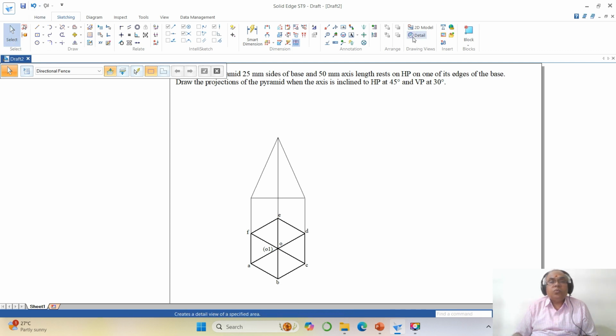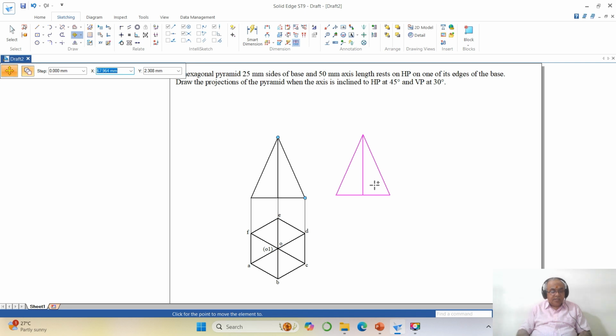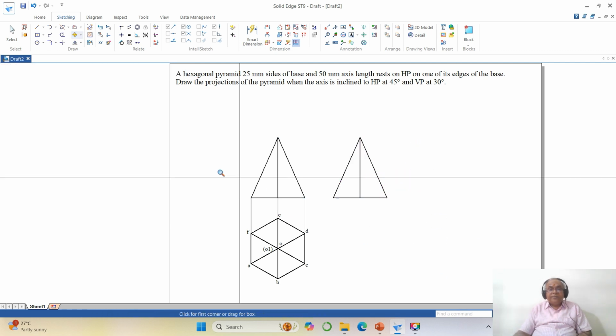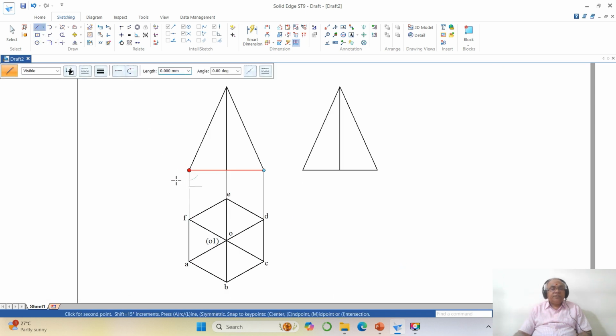Now you go to group, take group command, select this line, this line, this line and this line, accept. Now you go to select this entire thing and make this as point. Okay. Now I need to copy this, so you just go to move, enable copy. You select this and you take it from here, take the 0, y displacement is 0, you take this x displacement. Now you go to zoom window, okay, then go to line, take the end point of this,